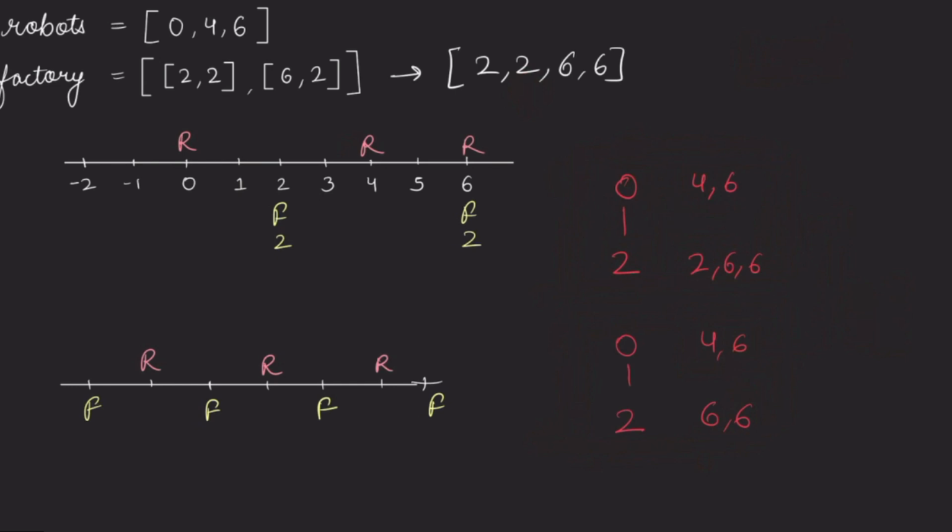So basically, we are trying all the combinations of robots and factories. And since we have sorted these, right? If you see in this particular case, when we repaired robot 0 with the factory at 2, which is this one, then for these two robots, we consider the factories at 6 and 6 only. We didn't consider the factory at this particular 2. Why? Because since our arrays are already sorted, if we use this factory at 2 for these two robots, then it will only increase our distance, right? And we want to minimize it. We do not want to maximize it, right? That is why we have left this 2 and we are only considering the remaining factories for the remaining robots,